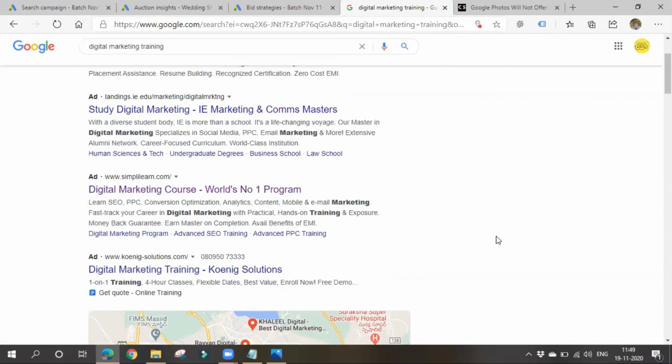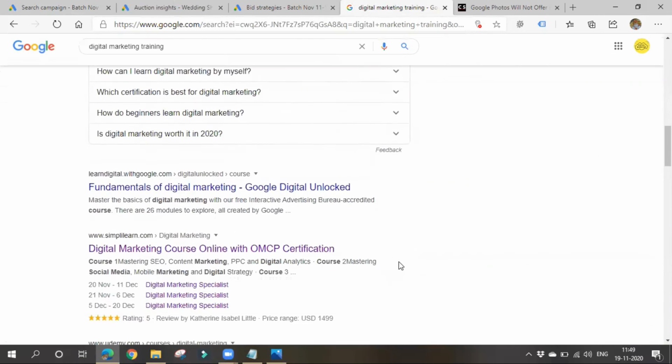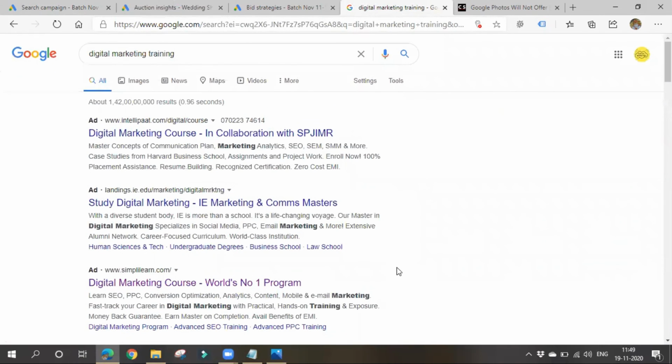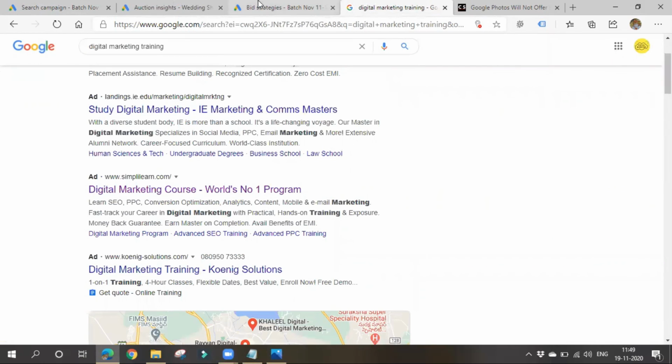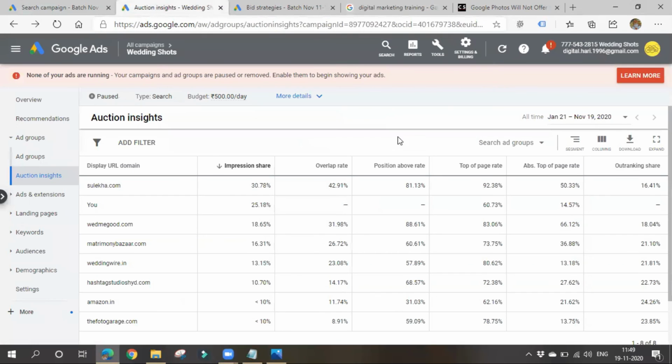Obviously we have seen that on the SERP, at the top you can have at max 0 to 4 ads. In the total SERP page we can have at max 0 to 7 ads, right? So at the top of the page, how many times did your ad get displayed? I got 60% of the times.